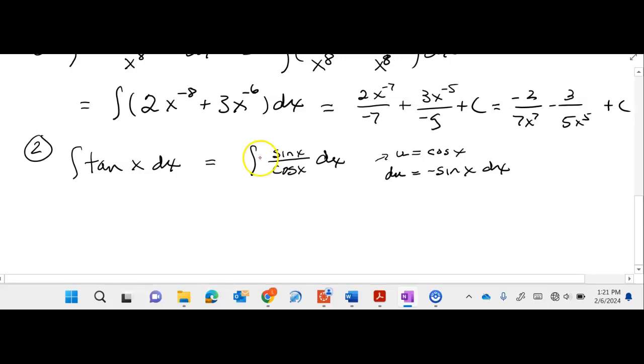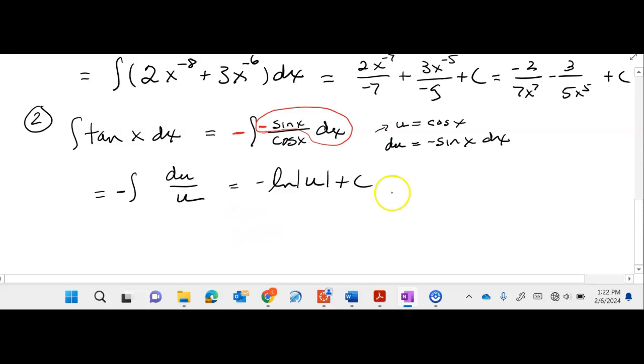When you look at that, we need to add the negative, which means we need to balance that with the negative on the outside. There's our negative sine x dx. So this simply becomes the integral of du over u, or 1 over u du. It's the same exact thing with our minus sign on the outside. And that's negative ln u plus c,